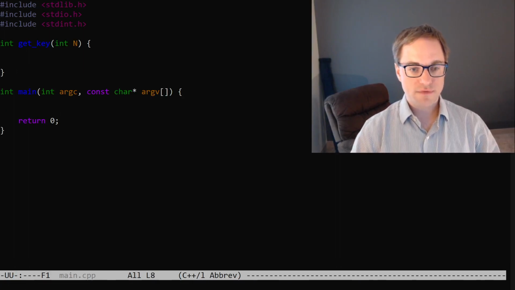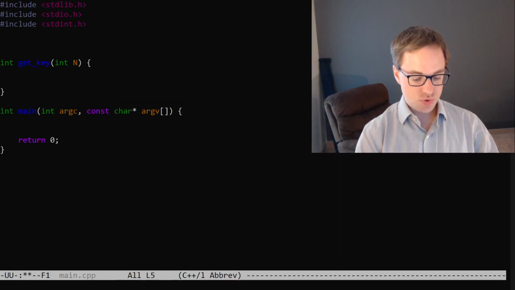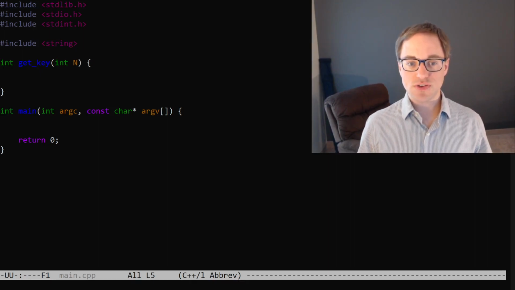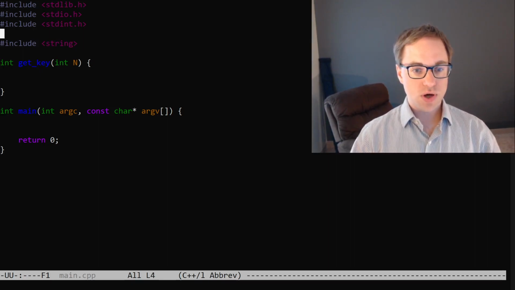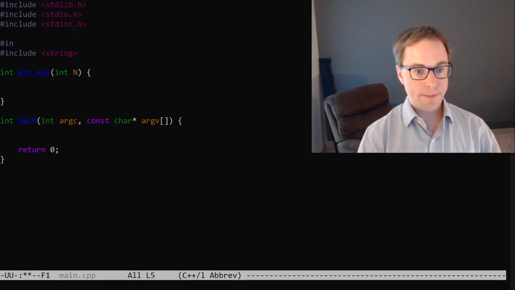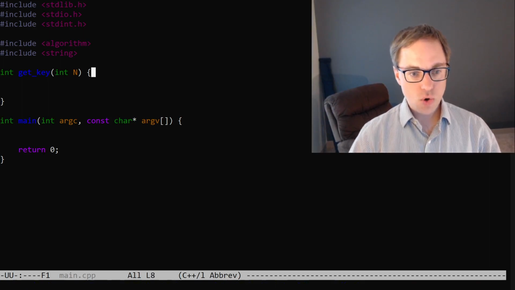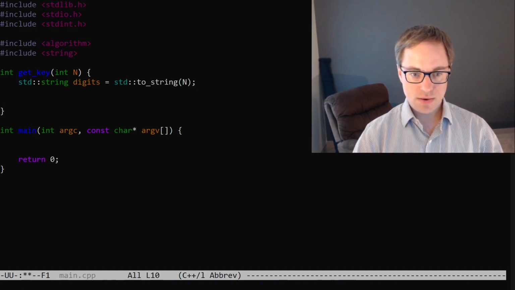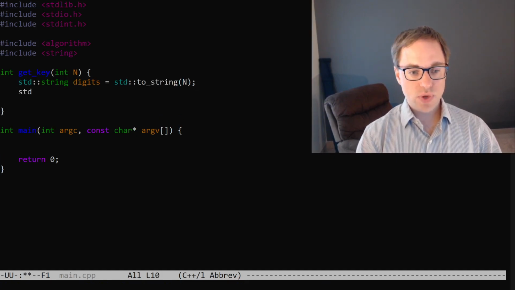And so first we're going to need to be able to use strings. So we'll say include string. And we also need to be able to sort the digits in our string. And so we're going to want to include algorithm also. Okay, so we'll say string digits is equal to toString(n). And then we want to sort our digits. So we'll say